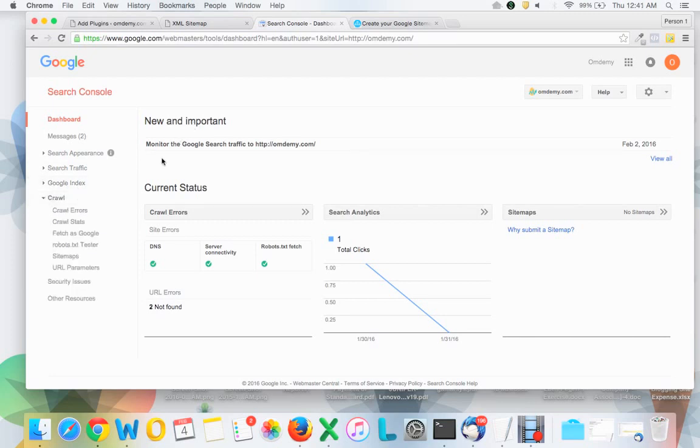So let's come over here to the crawl section, and you'll see a subsection called sitemaps. Just click on that.